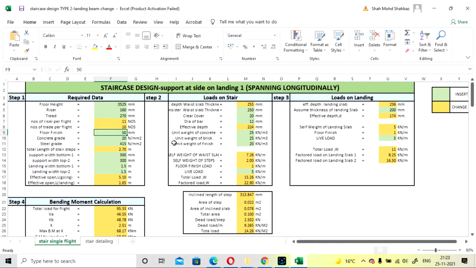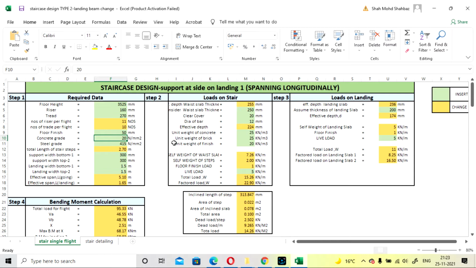Floor finish is the floor finish thickness. If data was given you have to insert it, otherwise you can take whatever you want. Concrete grade, whatever grade you are going to take. I'm considering M20, just matching with the manual calculation that we have done.